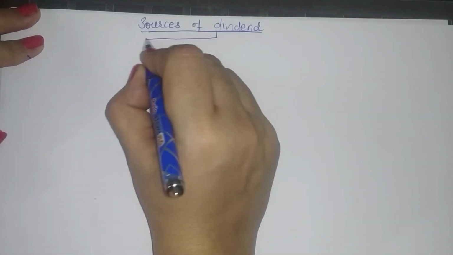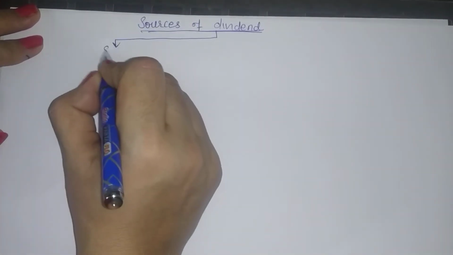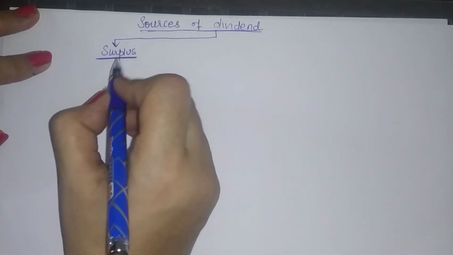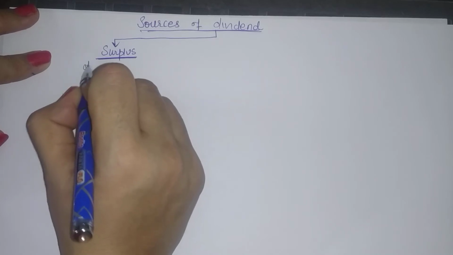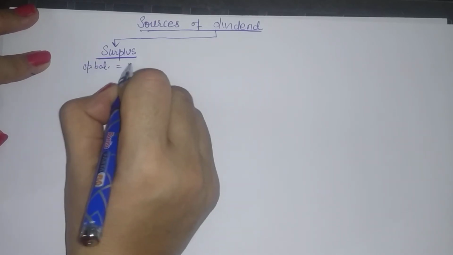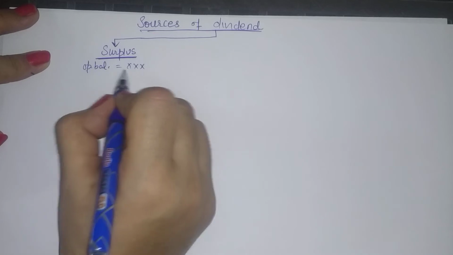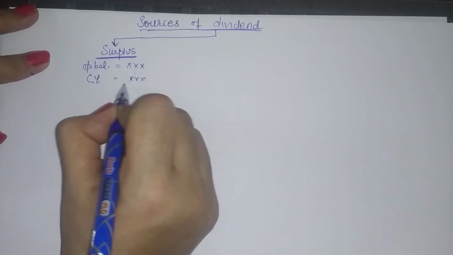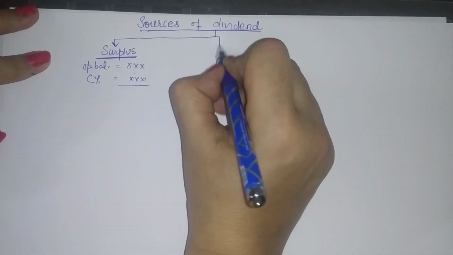Now technically there are two sources. One is the surplus. Now surplus can be either your opening balance, that is the amount accumulated so far by the company, or it can be the surplus of the current year. This is the total amount available to you. Okay. Another is out of